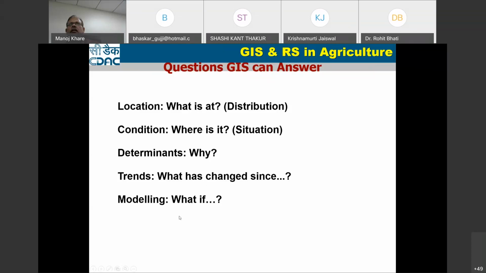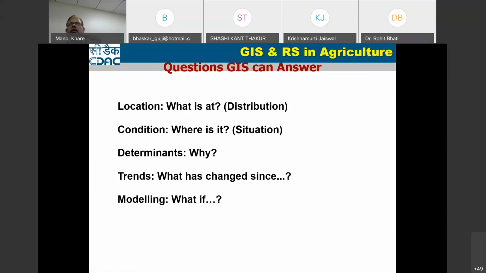Then you can also go for what-if scenarios. Suppose the soil condition is this, and the groundwater condition is this, so what kind of crop can we grow in this particular area? Agriculture scientists suggest, suppose there is loamy soil but good water, what kind of crop can be grown?